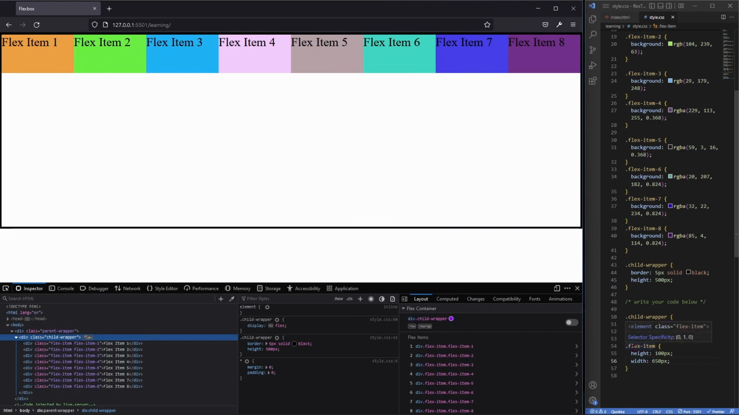Well, currently we say, hey, flex items should be like this, but it seems like it doesn't obey our rule. If I do flex wrap and wrap, also nowrap is the default and there is wrap and wrap-reverse. If I save,